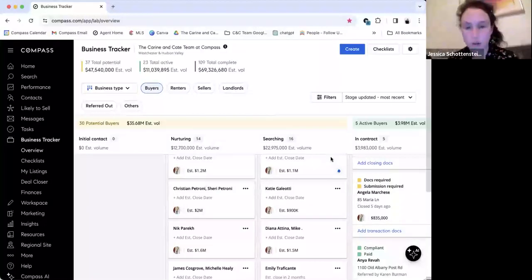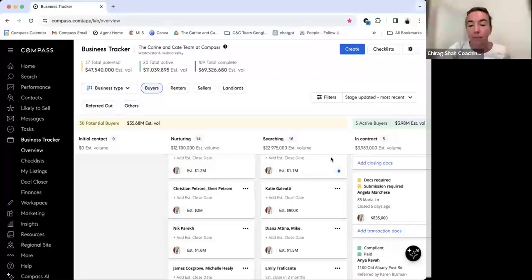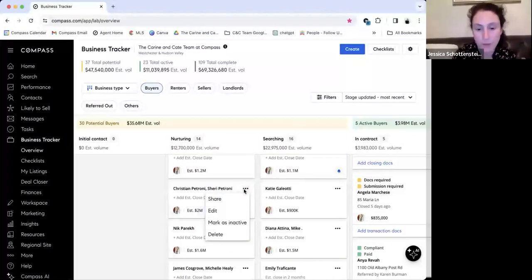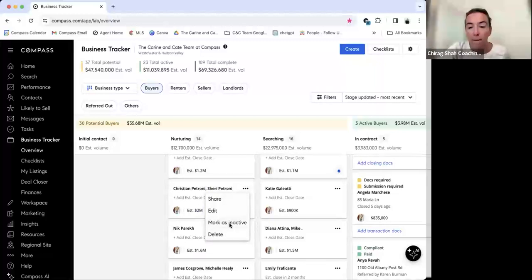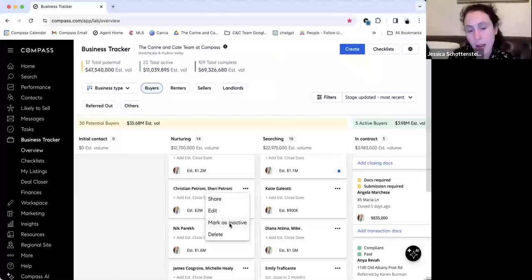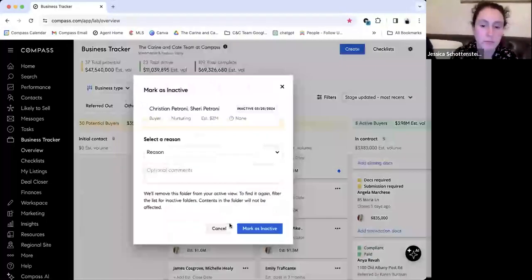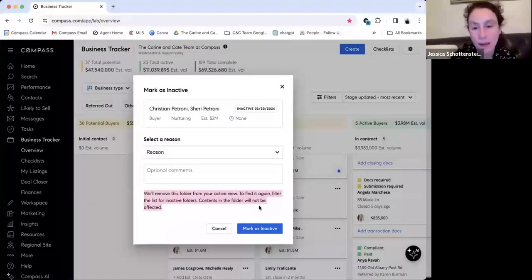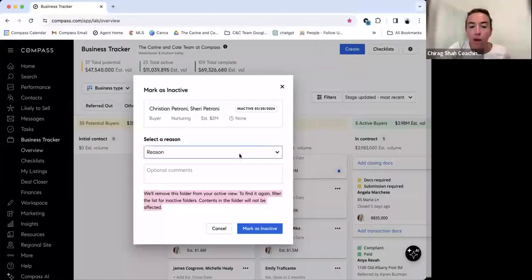Not if you take them out of nurture. If you push the 3 dots on, like, Christina, you can do make inactive or delete. I don't know the differences, and as I've mentioned, some people have collections and I have a lot of people and it's becoming a hassle. So I don't know if I was making a lot of them inactive, what does that really do? Yeah, I'm not sure exactly.